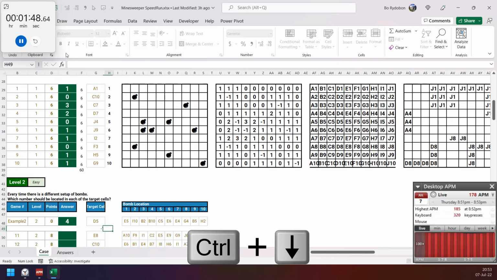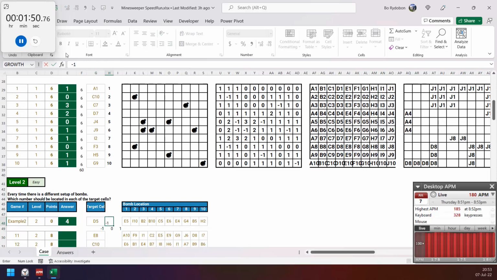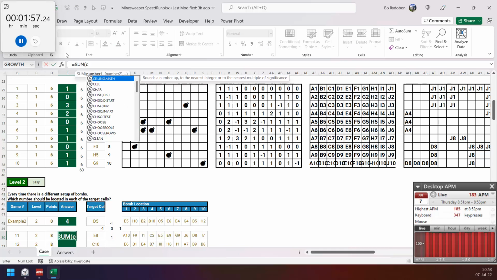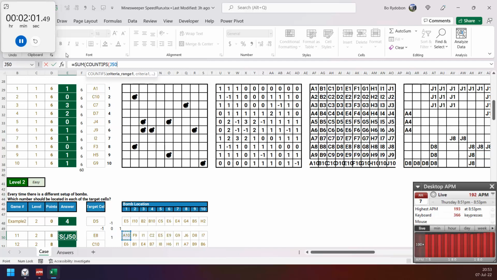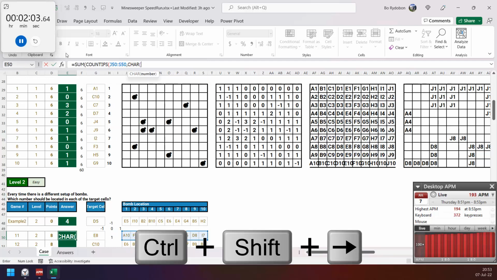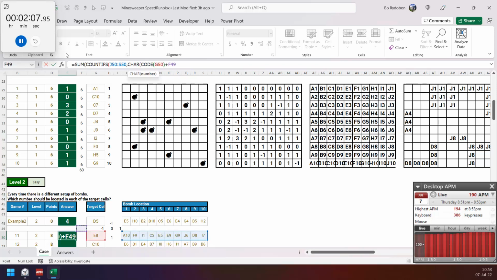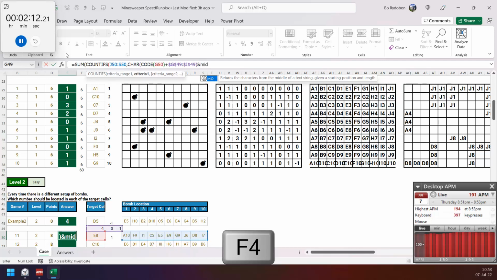Next, count the bombs around, so I use this grid to help me shift the address. So COUNTIF of SUMIF of the COUNTIF on the target area by this address, but I have to shift left, right, and then number up and down.